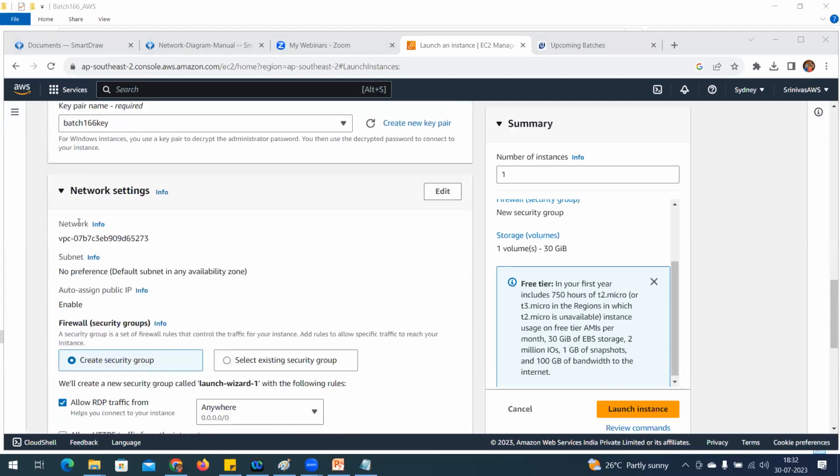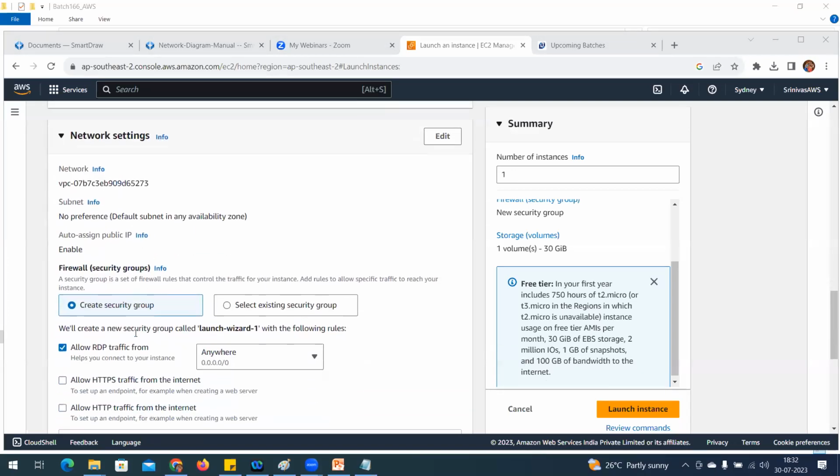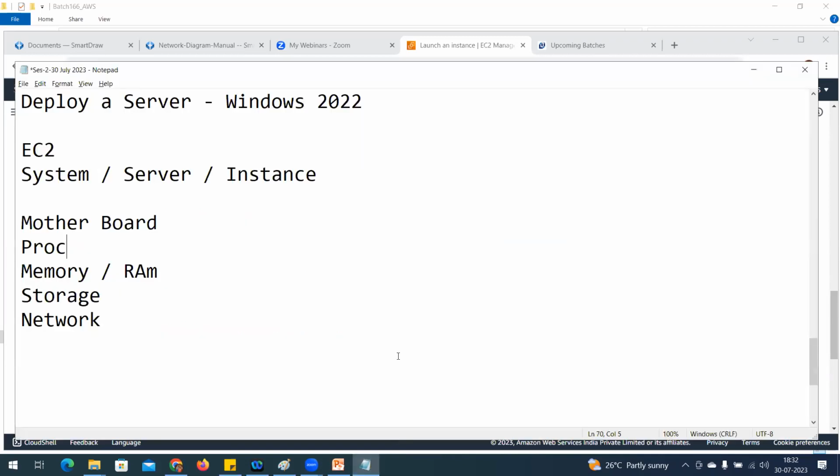Okay. So once a key pair, the security: what is a security group? Here in this AWS console, the security group talks about application ports. What are these application ports? As we are going to deploy a Windows system, how are we going to connect to that Windows system? By using a remote tool. What is that remote tool? It is RDP, Remote Desktop Protocol.